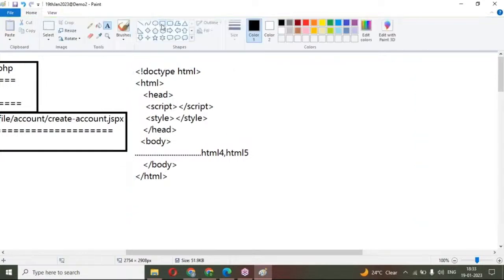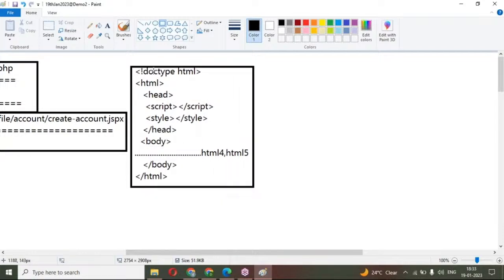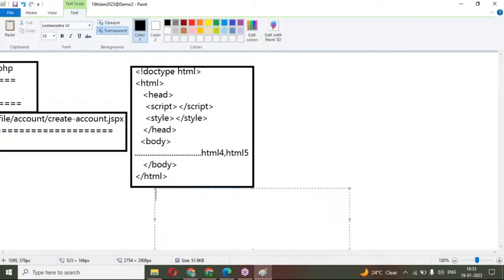So this is the basic code for HTML. Any HTML code, we can write it like this. You can write your HTML code in Notepad or anywhere, and you can run this program. You can save this file with any name,